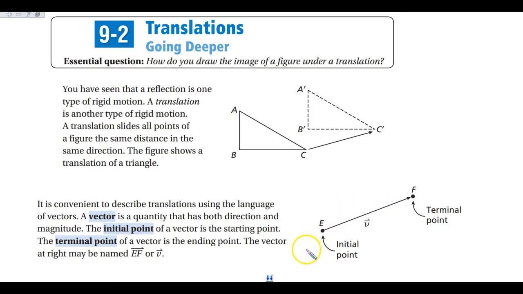So the way that we name our vector is very similar to a ray. Remember that when we named a ray, we had to start with the initial point, and then we picked any point that was on the side of the arrow. But that initial point always came first. That is going to be the exact same thing that happens here with a vector. Our initial point in this case is E. It will come first, and then my terminal point is F. It will always be second. So no matter what direction your vector is going, your initial point will come first in the name,